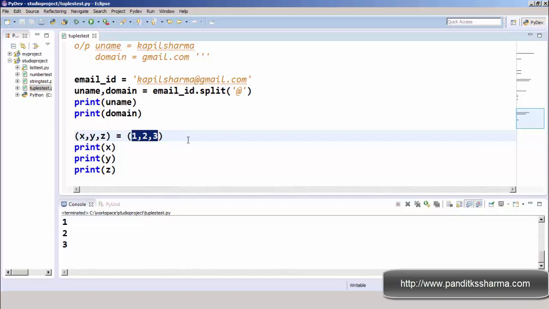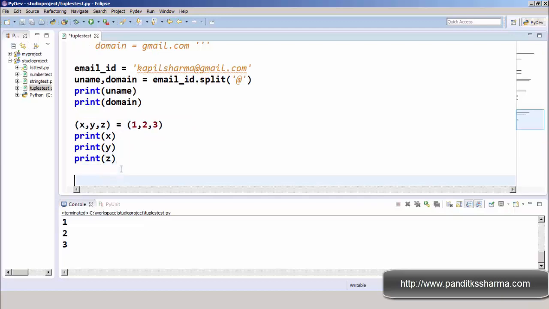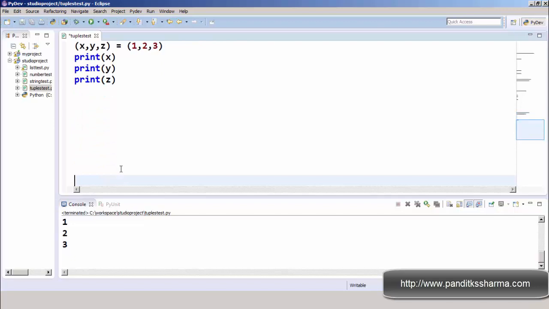Now we will see some built-in functions. One feature of tuples is that, using tuples in Python, a function can return more than one value. Generally you see a function can return only one value, but using tuples it can return more than one value. How? Let's have a look. For creating any function you have to use def.